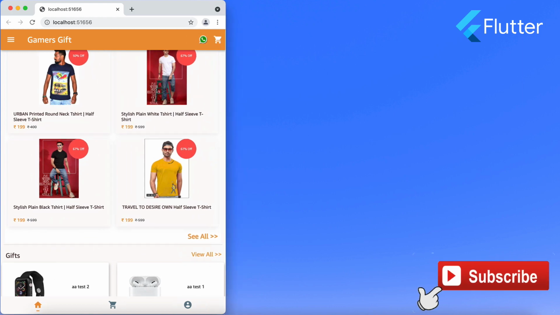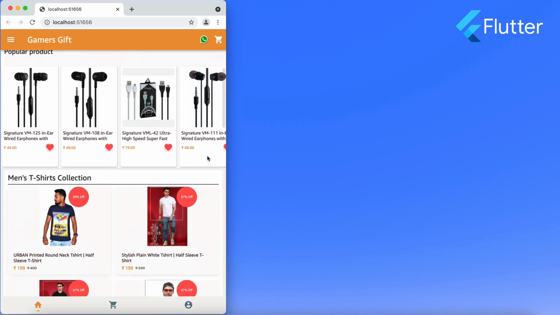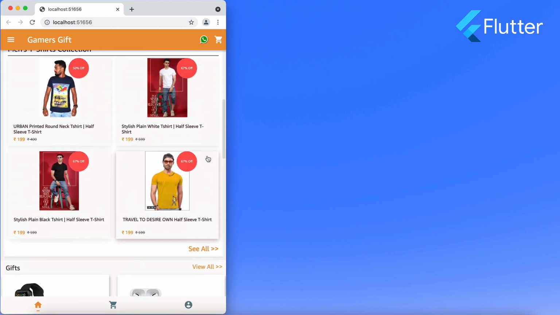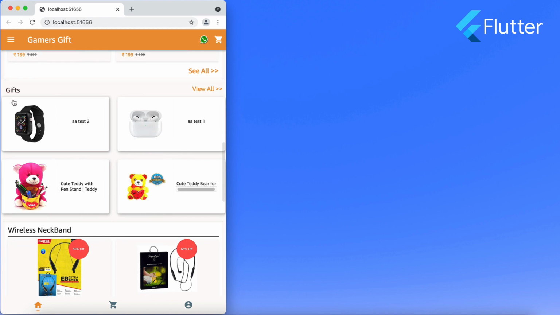In mobile view the app will look like this, and I will show you the real changes. In the men's t-shirt category there is a 2 by 2 grid, 4 products. And in the gift category, you can see 4 categories only.